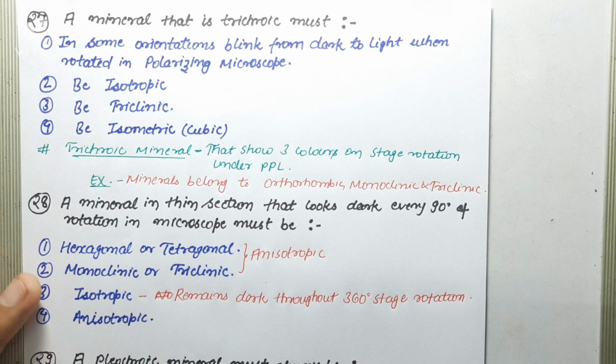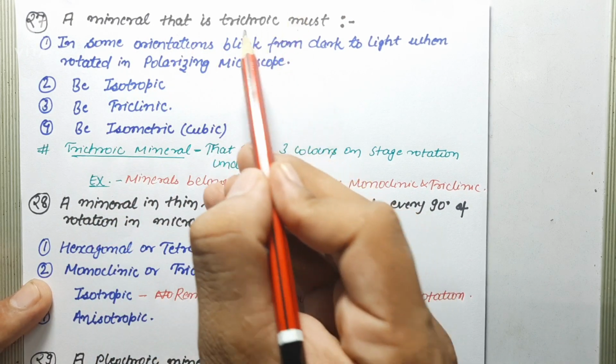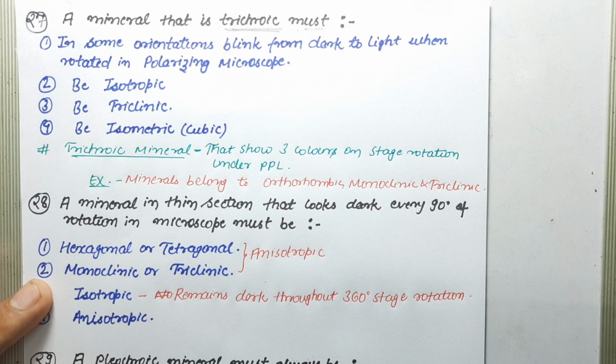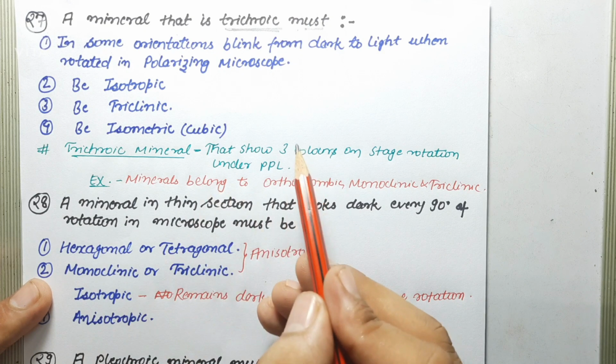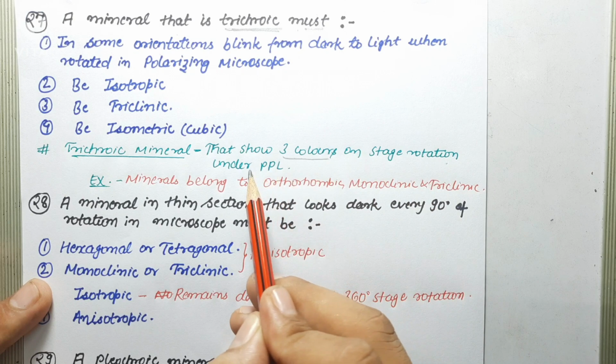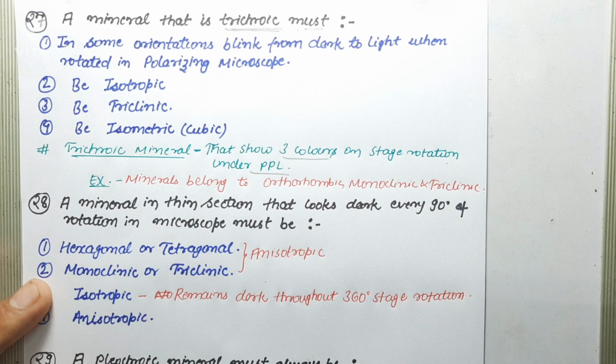Next question says a mineral that is trichroic must be. Trichroic means that the mineral shows three colors on stage rotation under PPL. Trichroic is basically a variety of pleochroic mineral. Pleochroic minerals are those that change color as the stage is rotated when the sample is observed under plane polarized light. These are basically of two types, dichroic and trichroic. Dichroic means minerals that show only two colors, and the minerals of tetragonal and hexagonal crystal systems are dichroic. Trichroic means minerals that show three colors on stage rotation, and the minerals of orthorhombic, monoclinic and triclinic